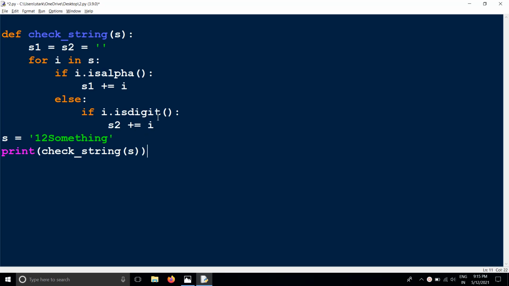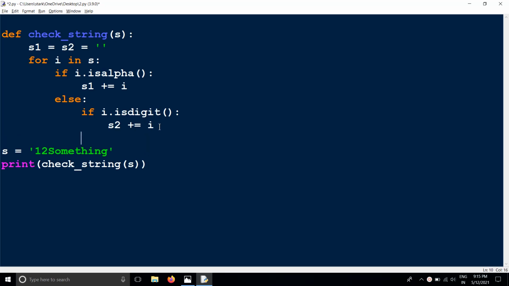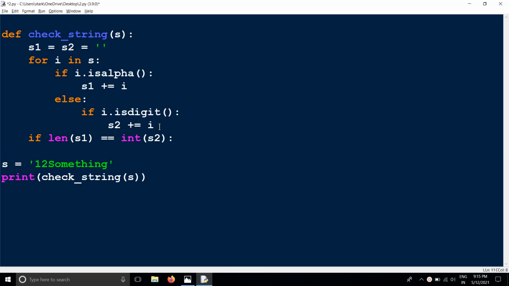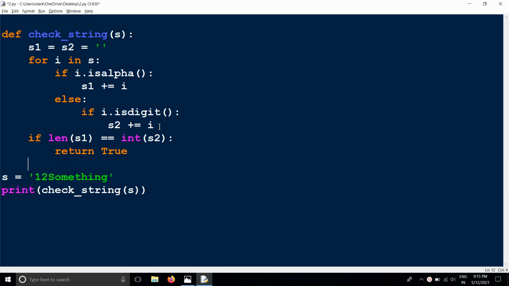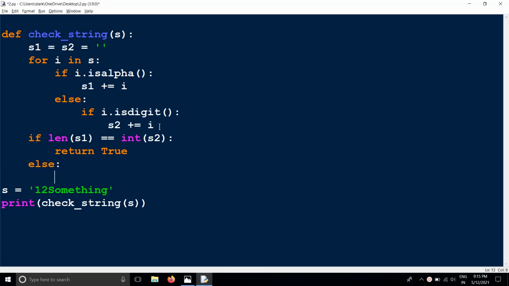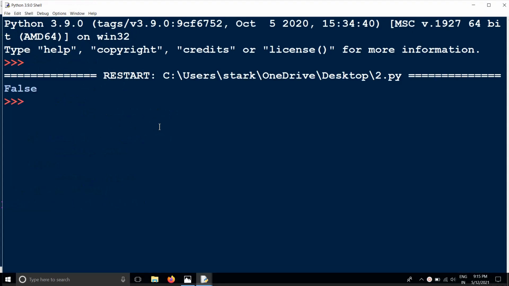And then you should use the logic here: if length of s1 equals integer of s2, return true, or else return false. When I execute this one, I'm getting false.